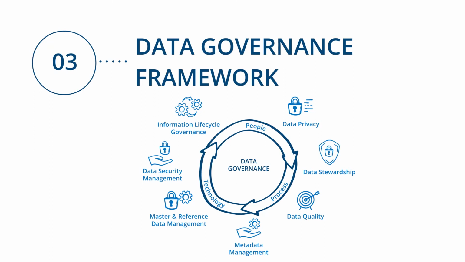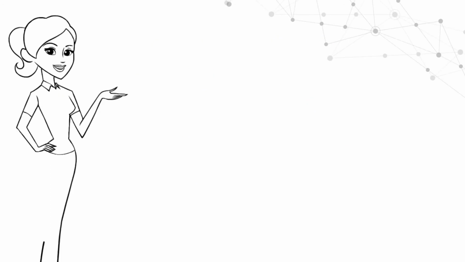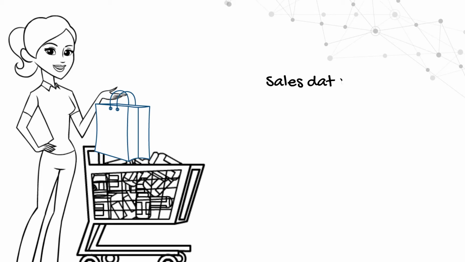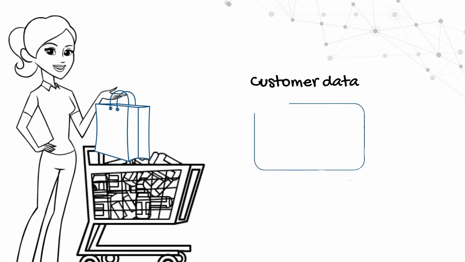Let's use a practical example of how a data governance framework can help an organization better control their data assets. A retailer would like to better understand their customers' buying behaviors to inform their promotional strategy. They'll need to bring data together from various transactional systems, sales data from a point of sale system, and customer data from their loyalty systems. They need to be careful as the data that they're working with is sensitive and private.